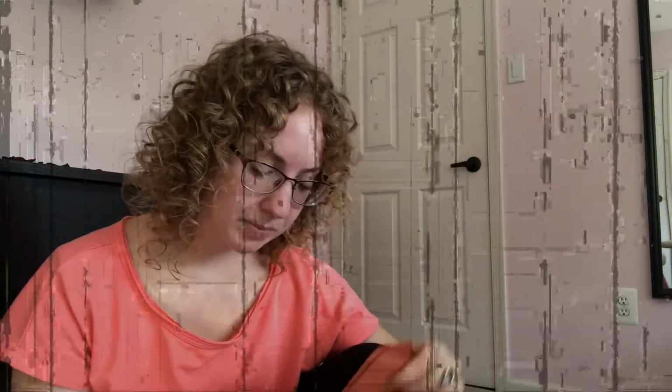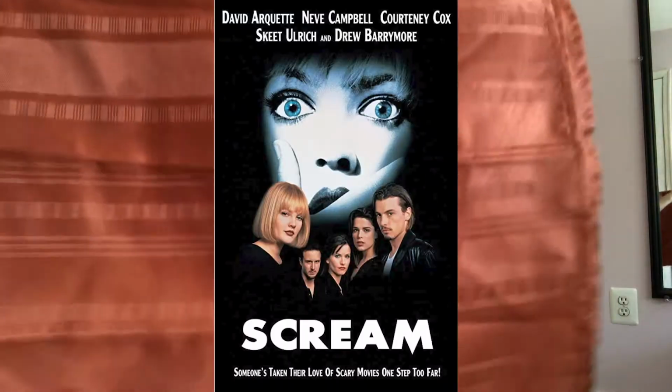And I have this cute thing. I wonder what this is. Does it say? No, it just says that it's a linen for $2. I don't know if that's gonna... My camera's not one of those cameras. But I'm gonna make this into the skirt for Scream one. It's gonna be cute. It'll look like...